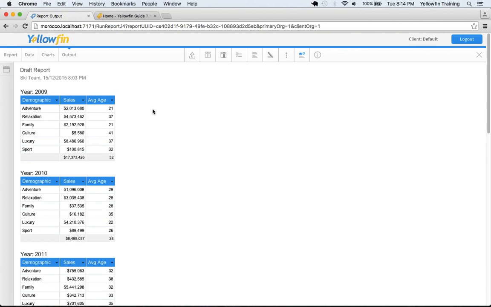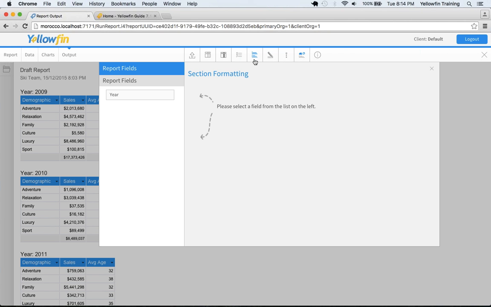Now there's a few different ways you can achieve different displays for this. So what we're going to do is go into our section formatting. And what you'll notice is throughout the steps of this builder, our formatting options are always in this panel in the middle. So they're in this main navigation area. So if you're wanting to format, go there. And if you hover over each item, if you're not familiar with the icons yet, it'll give you a little name. So we want section formatting,